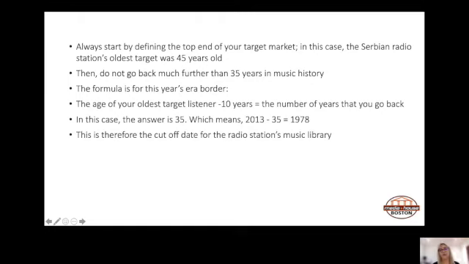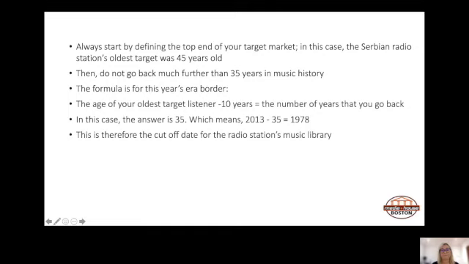To be able to do that, you need to define your target market, and you start by defining the top end of your target market. And then you don't go back much further than 35 years in music industry. So the formula for this era border: the age of your oldest target listener minus 10 years equals the number of years that you go back. In the case of the Serbian station, it was 35 years, because 45 minus 10 years gives you 35, which means